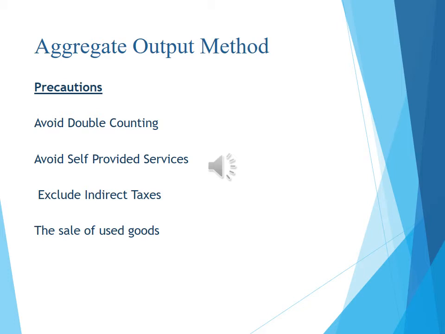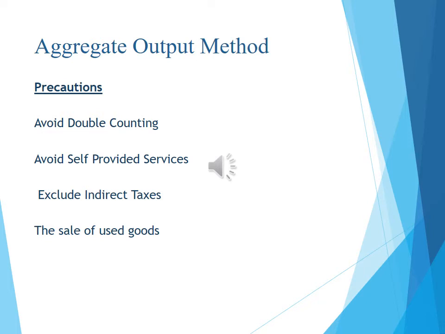What policy can be adopted to avoid the double counting? There may be different policies. A policy may be that we should count only those goods and services which have taken their final shape. Another policy is that if it is necessary to count the value of the raw material, then we should add only the added value of each productive stage to the value of the raw material. In this way, we can avoid the double counting.